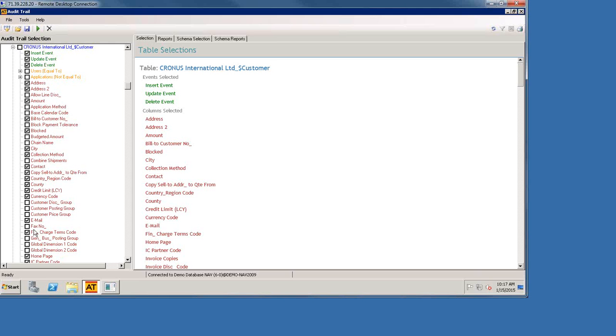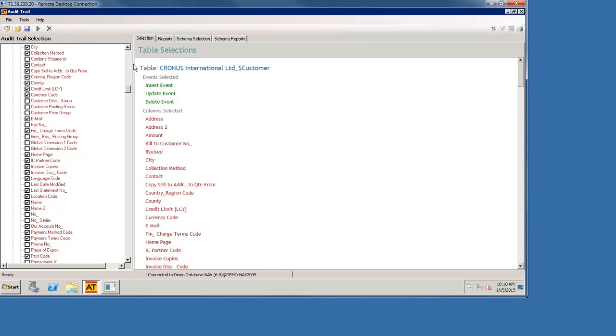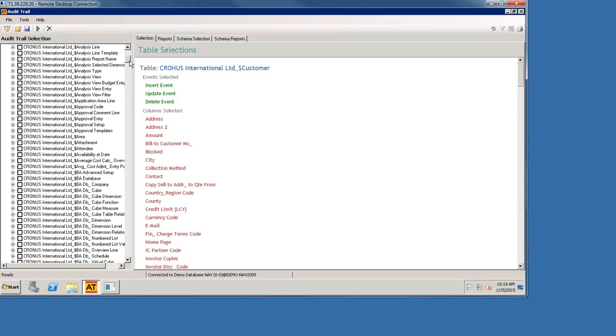There are things in this table like fax number. Fax is kind of a dying technology. Do we really care if the fax number has changed? Well, if you're still sending invoices via fax, you would care, so you would want to audit that, because if that changes, then the customers aren't receiving the invoices, then they're not paying in time, etc. So that could have an effect on your business. However, in our instance, we don't use fax. All of our invoices are emailed, so we're not going to track that field. We don't care if that fax number changes, etc. So you can pick and choose exactly which columns within each table you would like to audit. And that goes for every single table, okay?